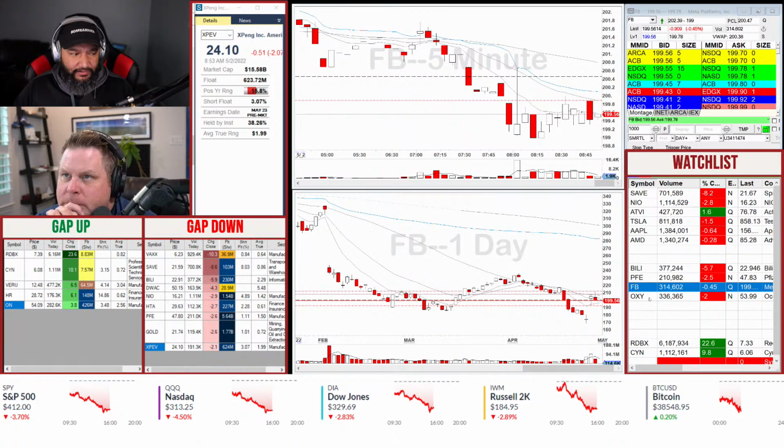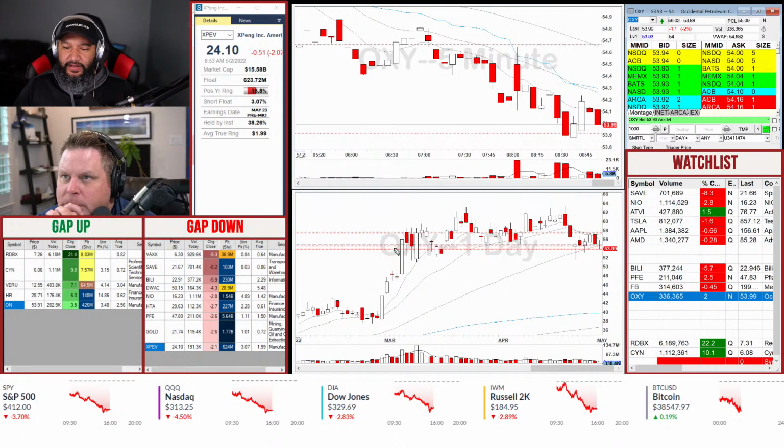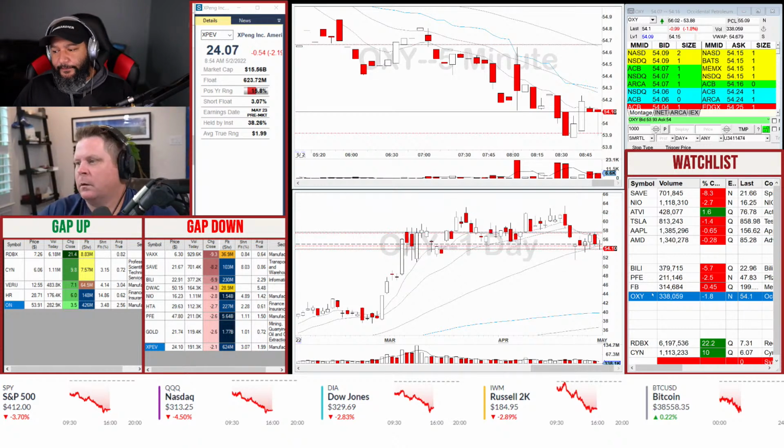So yeah, Oxy will be fun, I think. Let's keep it as a pass for now. I do like the daily on it. We're at the bottom of the big range, right? You got this range here that's been going, I want to say, a two-to-three level tier range there, and then you got the big one up here, right? Which has been just kind of flirting around these levels here, sometimes the top, bottom, or the bottom's range. But we've been in this range, 62.54. Last week, we dipped below this a little bit, we bounced right back up. So this is a very interesting level for Oxy. Looking forward to that. All right.